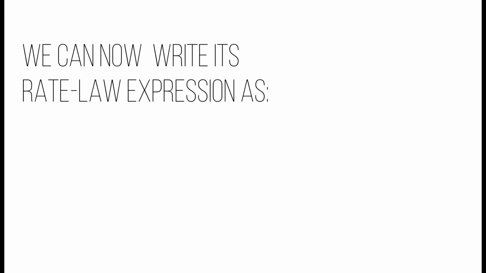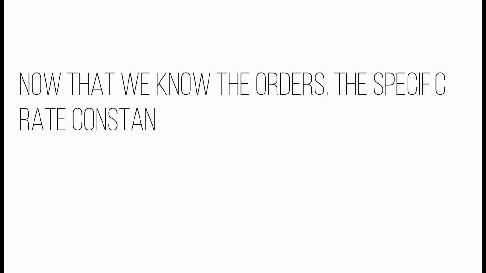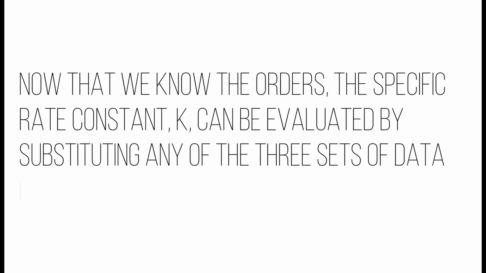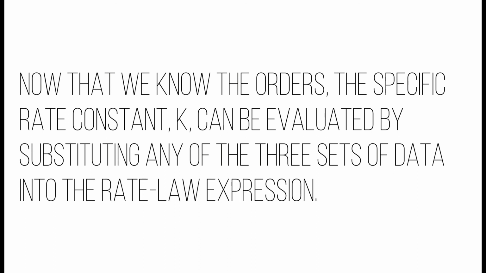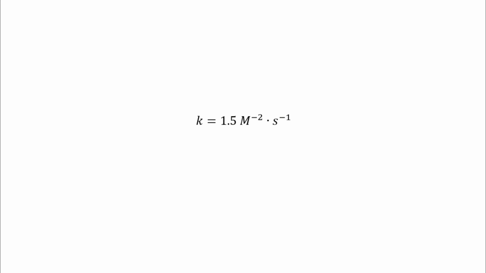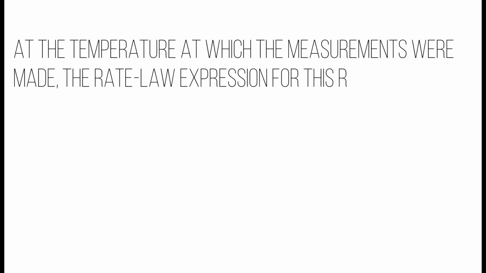We can now write the rate law expression as: now that we know the orders, the specific rate constant, k, can be evaluated by substituting any of the three sets of data into the rate law expression. Using the data from experiment 1 gives: at the temperature at which the measurements were made, the rate law expression for this reaction is